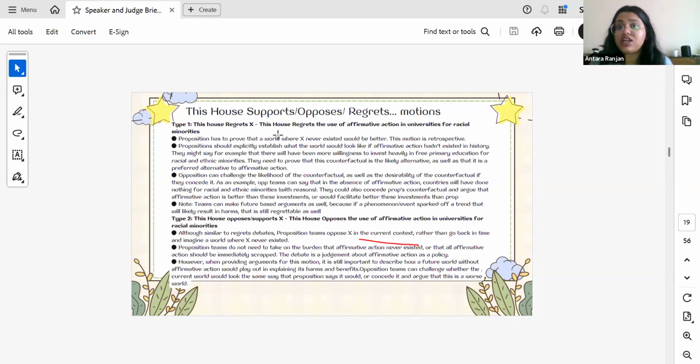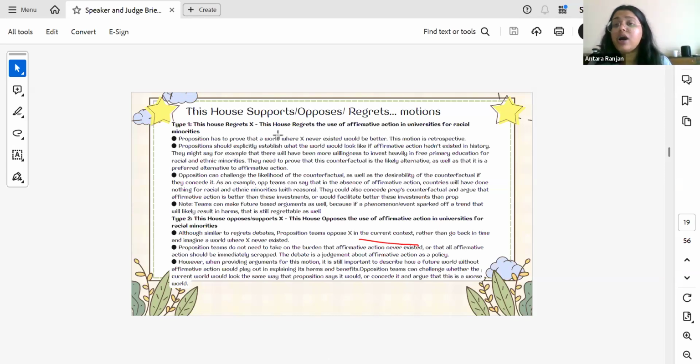This house regrets motions are always retrospective. What does this mean? You are always regretting something that has happened in the past, and you have to tell us that the world would be better off if this thing had not happened in the first place. Not that this thing should be stopped currently, right? Not that this house believes that everyone's cars should be taken away today, right? That's not the motion. The motion is that in the first place, people should not have been allowed to have private transportation, right? So, a world where this thing never happened is a better world.